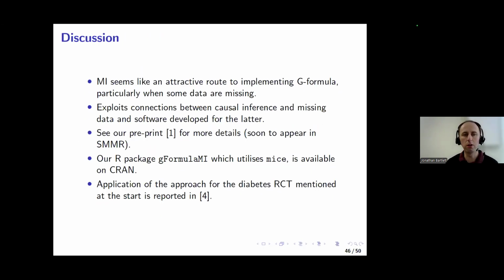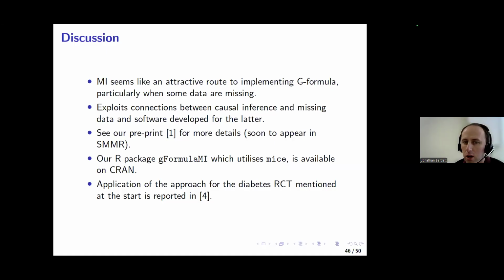Okay, so just some concluding thoughts then. We didn't set out to develop a new method here. We ended up coming up with it in the context of trying to apply G formula with multiple imputation to handle missing data. It seems like an attractive approach to implementing G formula. I certainly wouldn't like to say it's the best approach or better than the traditional approach, and so from my